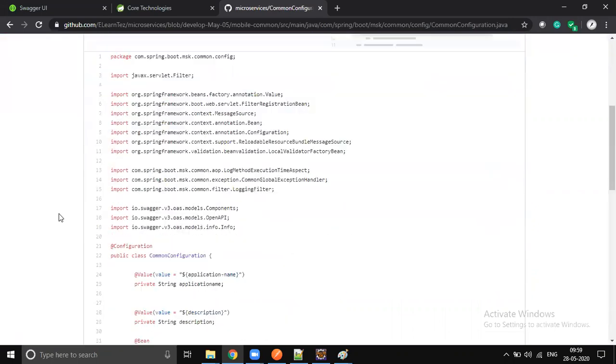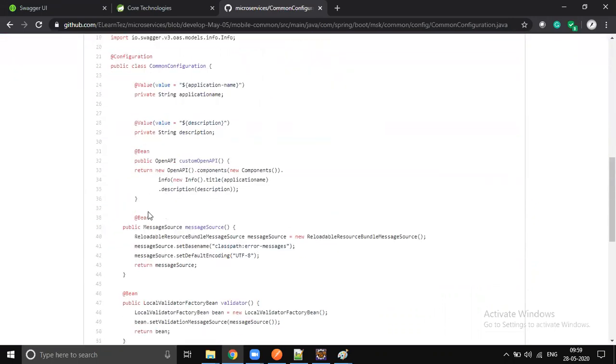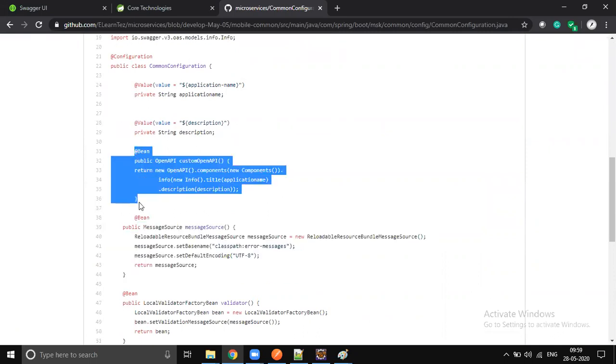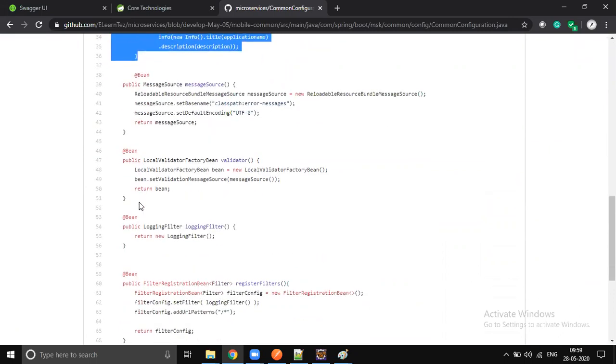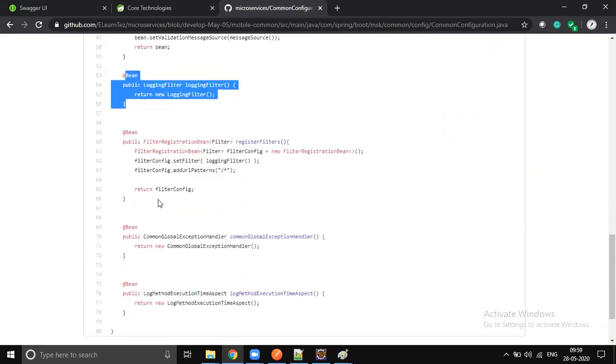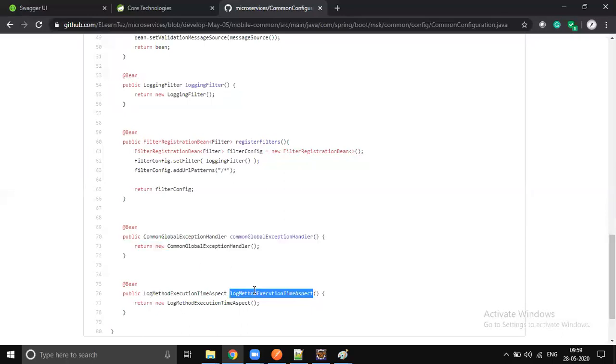So it's a single place where we will have validation messages, a single place where we will have Swagger integration, a single place where we will have logging the request, a single place where we log each method execution time. So how much time the controller method took, how much time the service method took. That is what AOP is. We are going to implement AOP also.